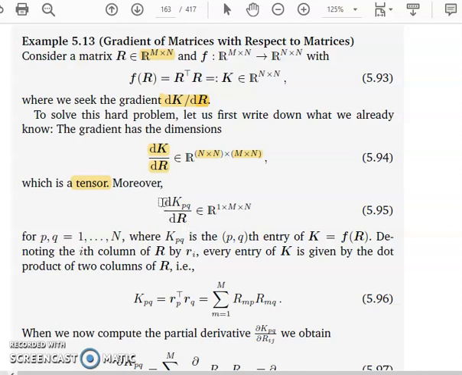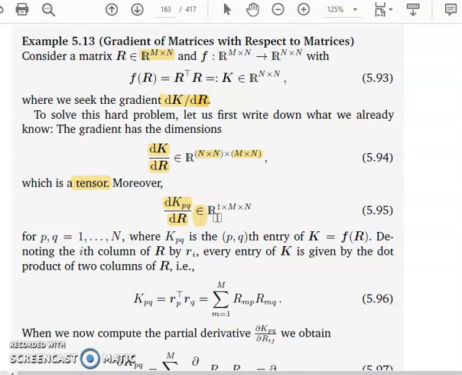So dK by dR, differentiating the K matrix with respect to the R matrix, belongs to 1 by M by N. What does that mean? Here one specific element is taken, K_pq, where pq indicates the index representing the matrix.